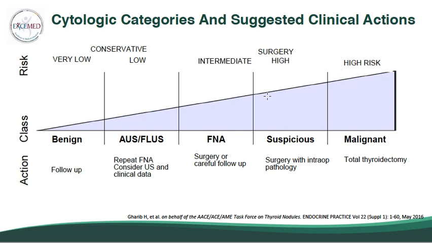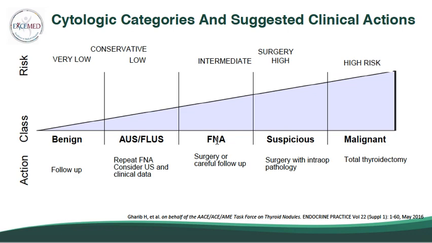Based on the risk of malignancy, you can now have an idea whether to be conservative or whether to lean towards surgery. If it's a benign nodule, you can just simply follow up the patient. If it's an AUS, you can opt to repeat, or you can look back and consider ultrasonographic and clinical data to determine risk of malignancy. But if your patient is in the intermediate category,